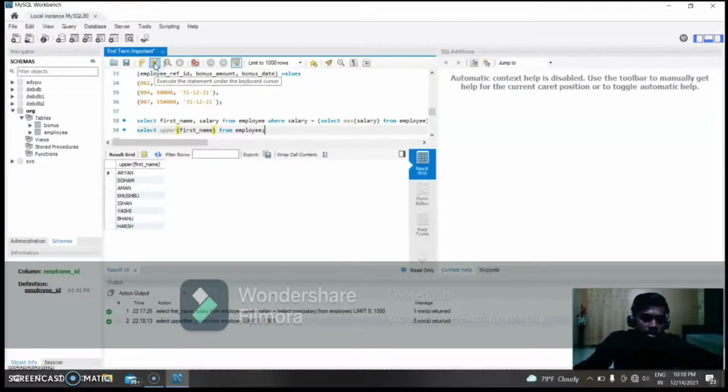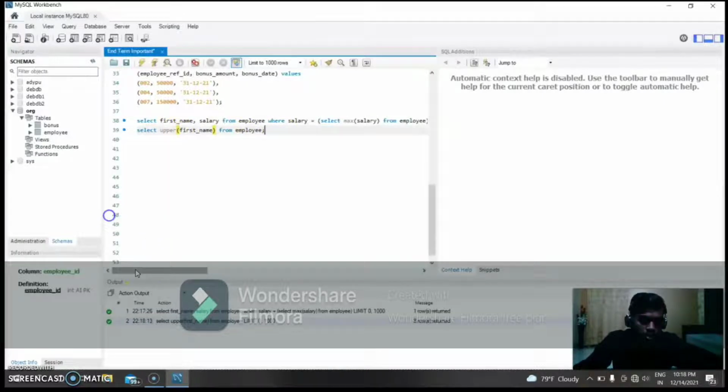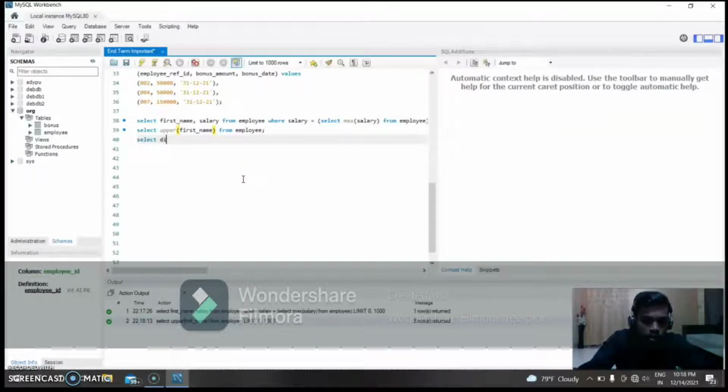Now we'll simply run this. So you can see all the names of employees are visible here, but in uppercase and not in lowercase. So simply for lower, you just need to write lower instead of upper if you need it in lowercase. Close this down now and we'll write the next query, that is select